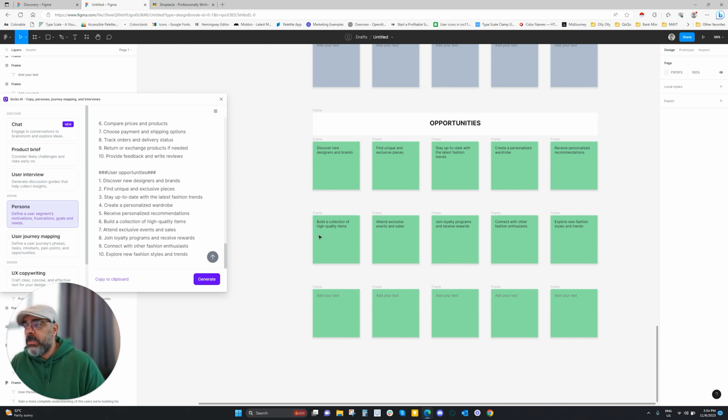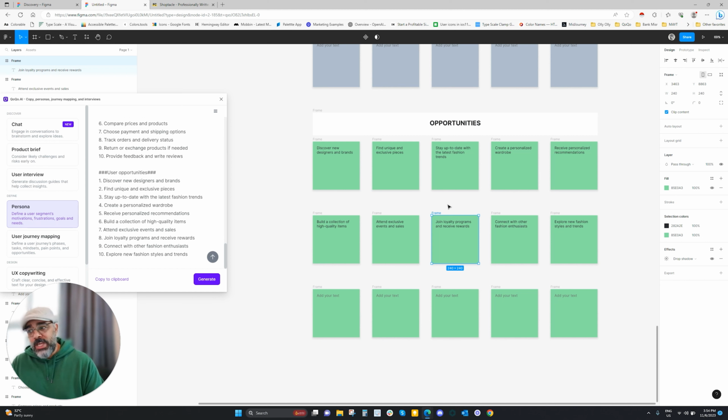Build a collection of high quality items. Attend exclusive events and sales, join loyalty programs. So this is pretty important if you want to build loyal customers for your store. I know my wife, she uses this all the time. She has in her wallet about 30 loyalty cards and rewards that she collects, and she is always a returning customer. So again, this goes back to what I was just mentioning,